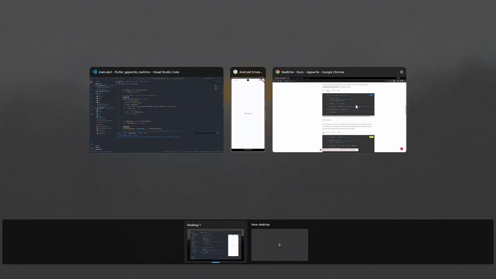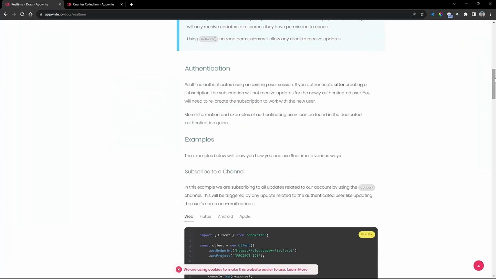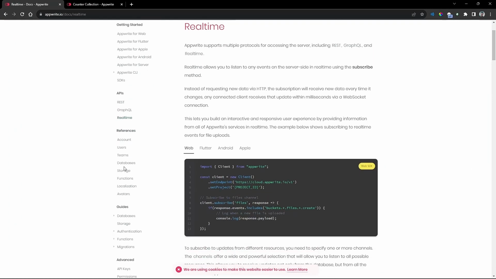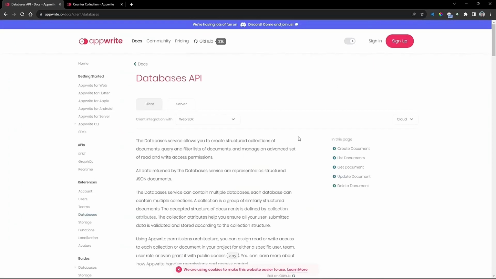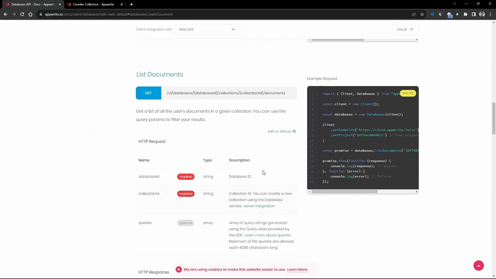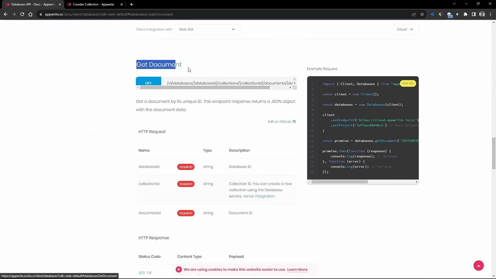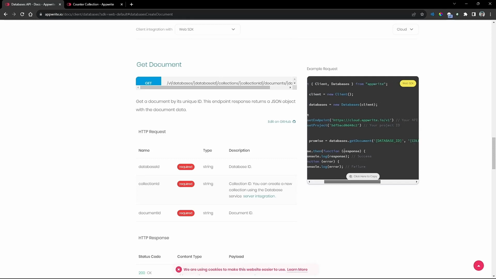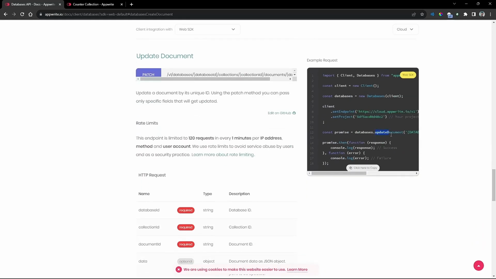Well, let's go again to my official documentation, and if you look at databases, you can see you can either create, but we have already created a document. We don't need to create a document, we just need to read the document and update the document. So this is the section of get document. You can see you can just simply call databases.getDocument and provide the database ID, collection ID and document ID. To update the document, you need to call the function updateDocument. Alright,